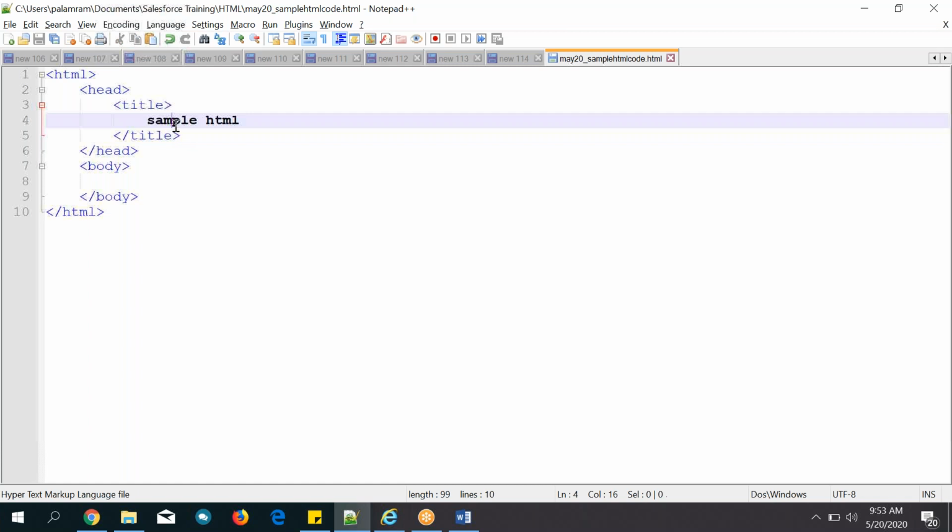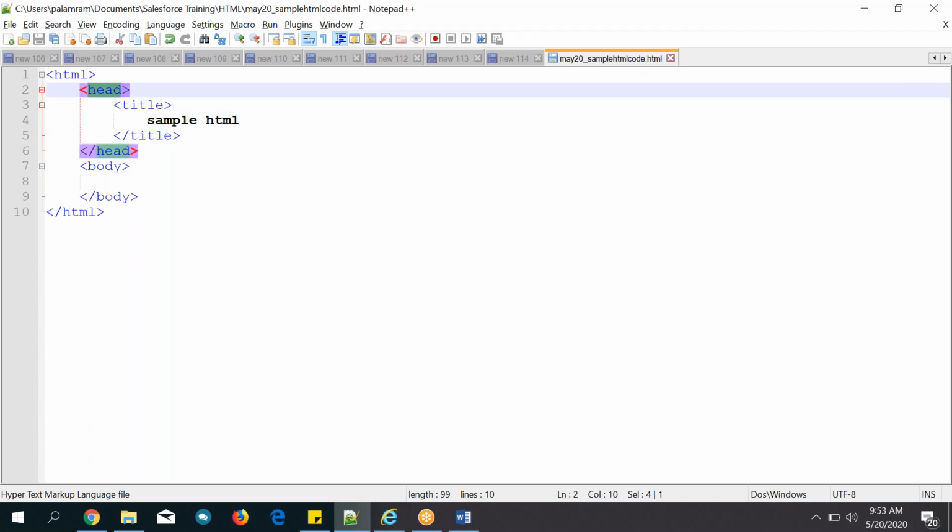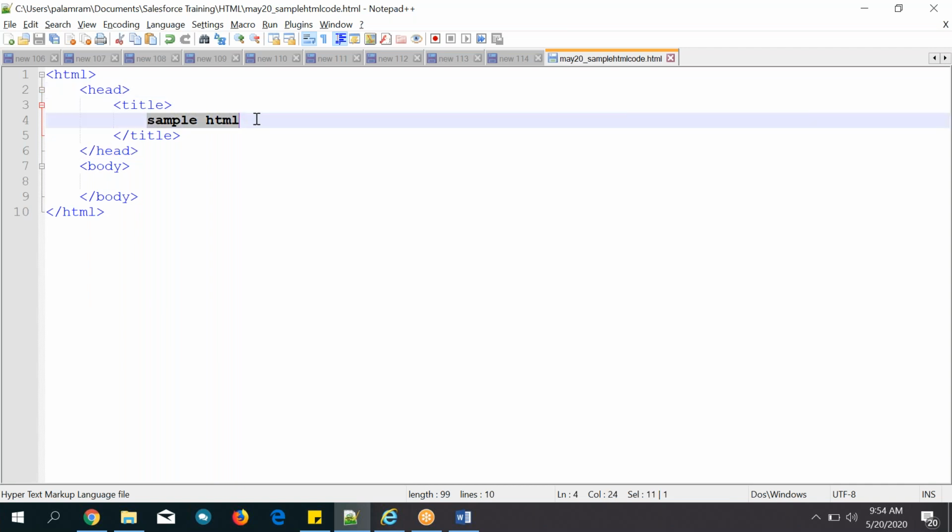the page, that's how you need to think about development. So see here, sample HTML, where it is displaying. Can you see this one? Sample HTML, which you have written inside the title tag, inside the head. You don't need to give a doctype HTML also. Okay, inside the head tag you have added a title tag, and inside that you have added some text. So now see here, it is displaying there.